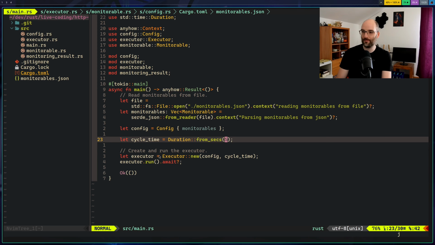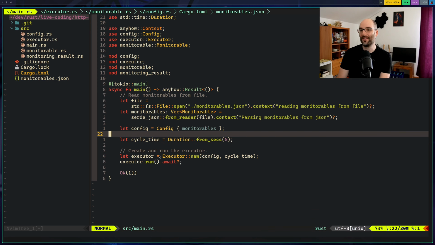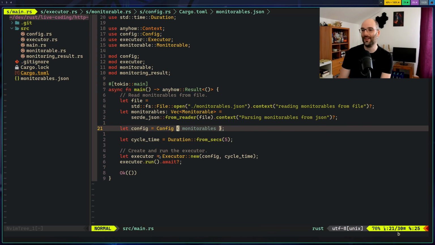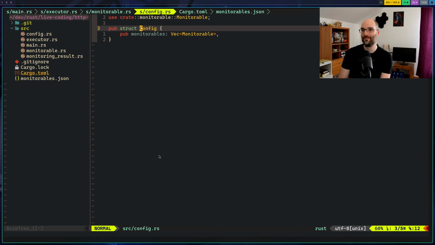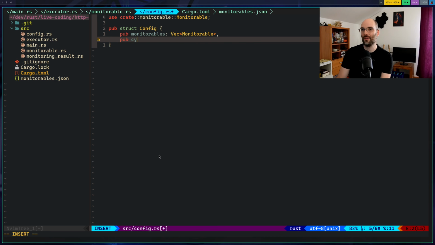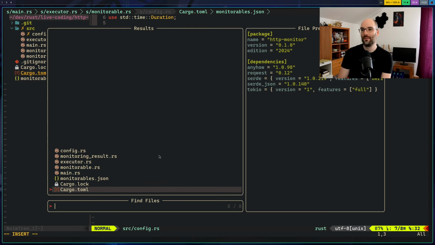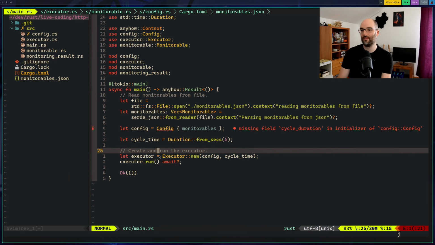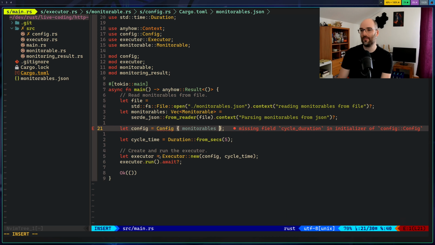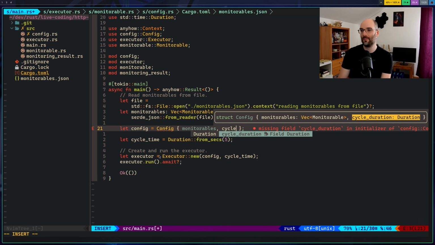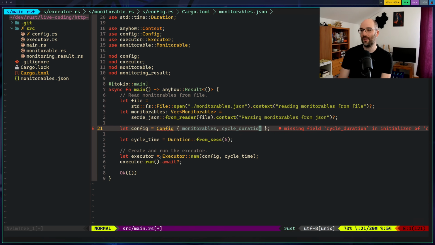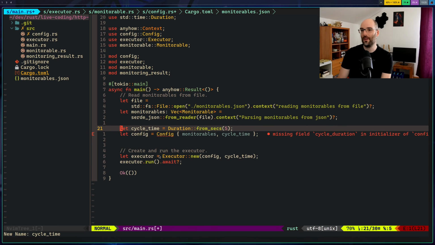You know what? Let's make that part of the config right now. Pub cycle duration. Call it cycle time back there. Okay. I'm okay with that.